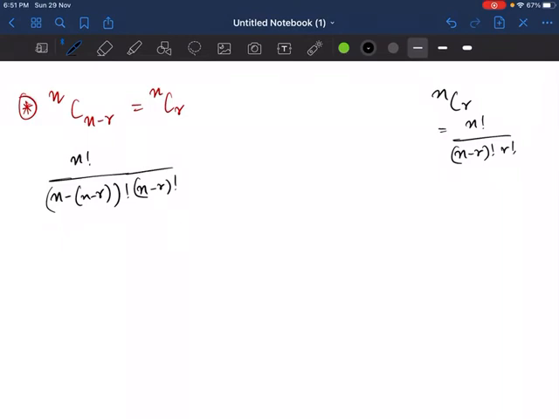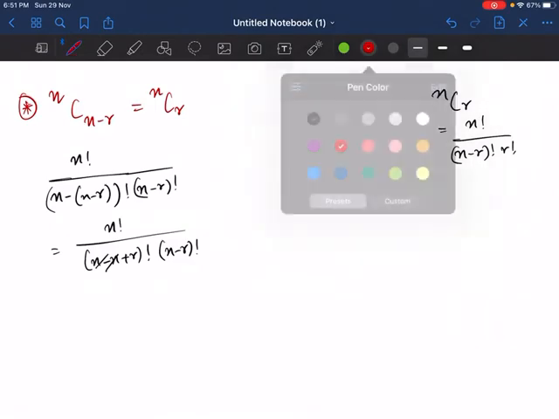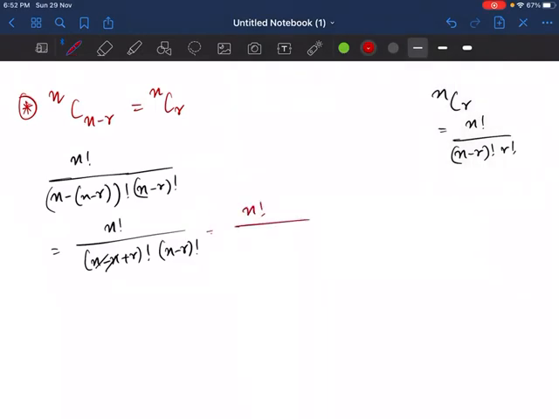That is what you have, not the denominator, the bottom portion, n minus r factorial. So this is equal to what? N factorial. Now here we have n minus n plus r factorial, n minus r factorial. So n goes out. So what we have is n factorial divided by r factorial, n minus r factorial. And once you get this, you see it is similar to this one, n factorial divided by n minus r factorial. So that is nothing but equal to nCr. So this formula, please do remember, that is nC(n minus r) is equal to nCr.